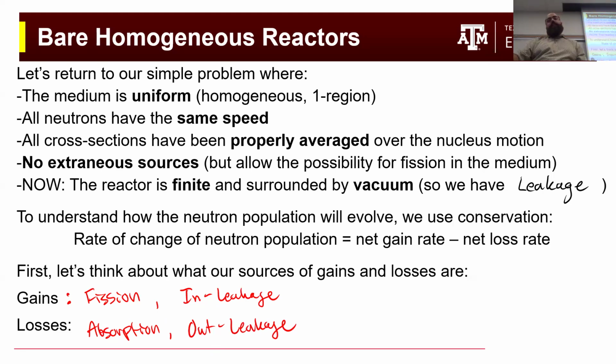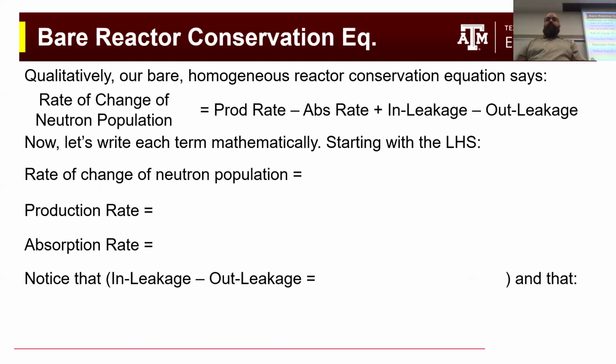And from there, we can just do what we did before. We can start developing equations for these individual terms, and we can plug them into our conservation statement. So in this case, this is what that conservation statement is going to look like. Anything that's a gain is a positive term. Anything that's a loss is a negative term. And so if I start with the left-hand side and develop equations for these individual terms, it's going to